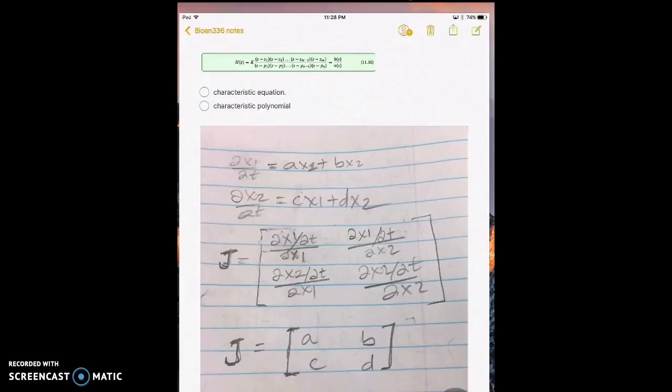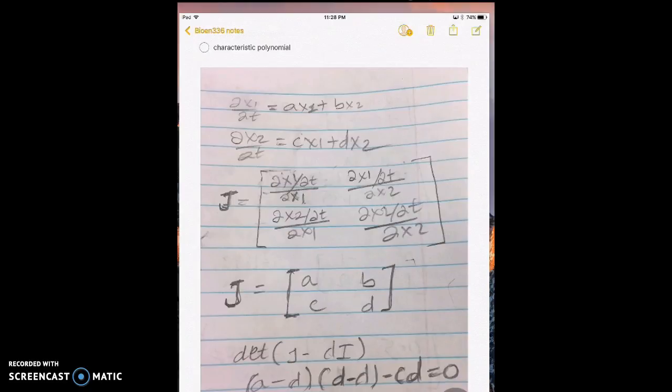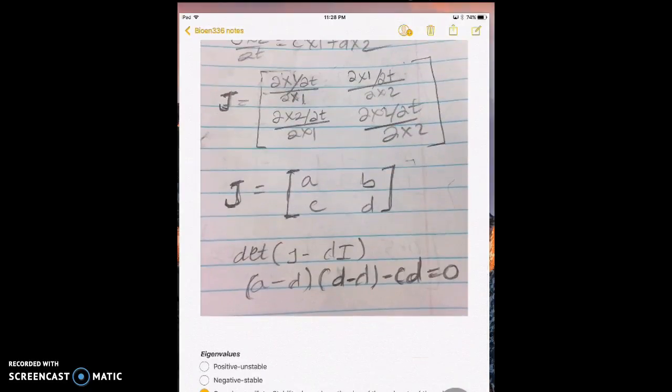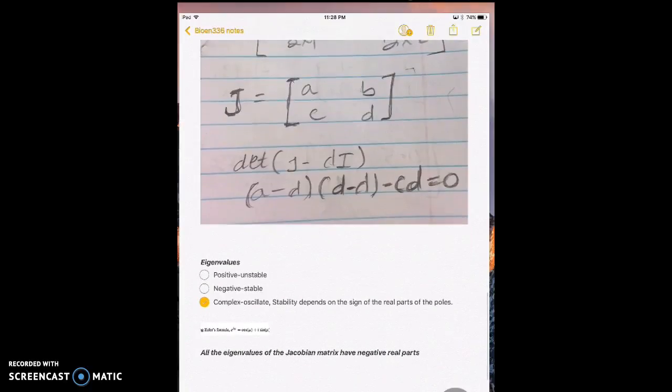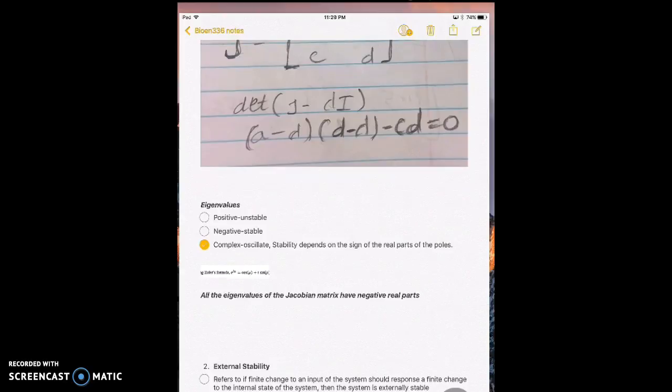If we have a 2D homogeneous system, we can get the Jacobian matrix by taking the derivatives with respect to x1 and x2, and by taking the determinant we can get the eigenvalues. Generally, if all the eigenvalues of the Jacobian matrix have a negative real part, we can conclude that the system is stable. And if the eigenvalues have a complex part, then we can say the system would oscillate, because as you see from Euler's formula, the system has cosine and sine, which are periodic functions,